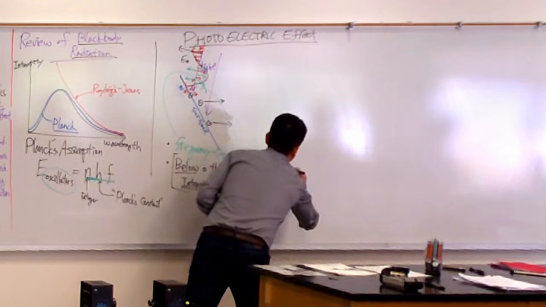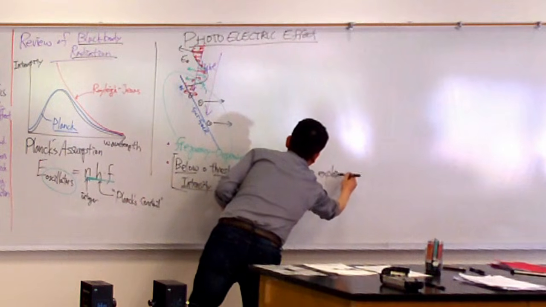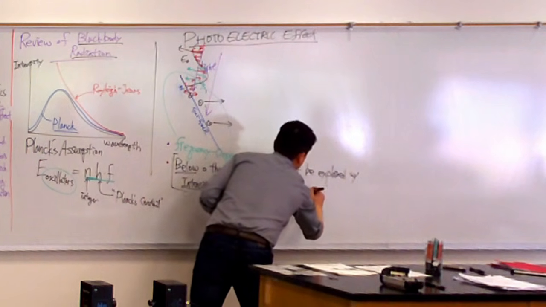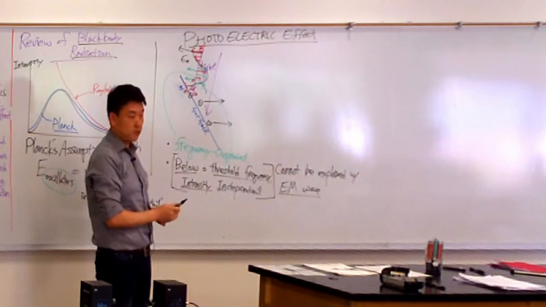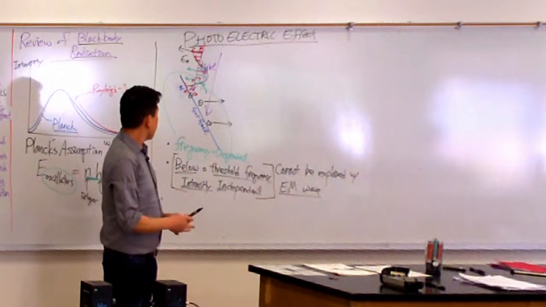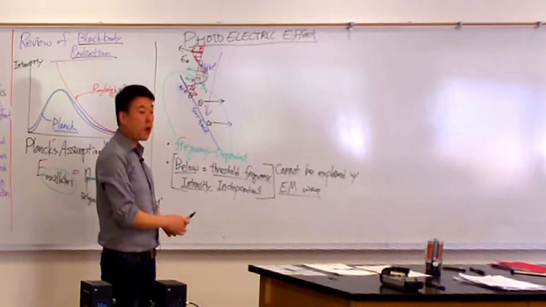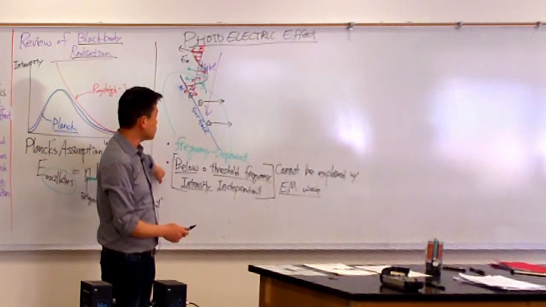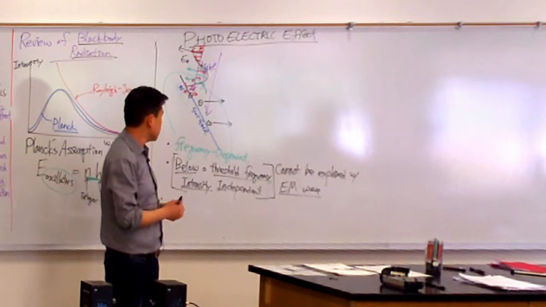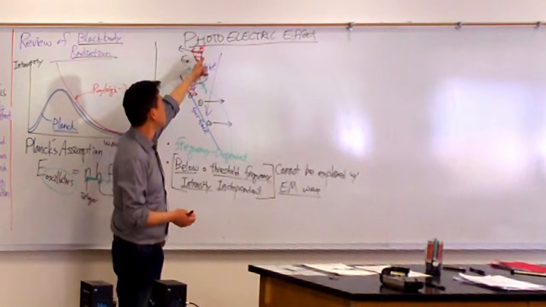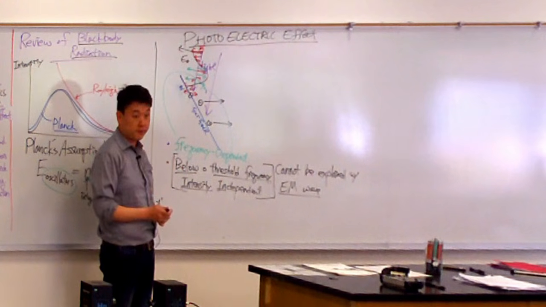So this cannot be explained by thinking of light as an electromagnetic wave, because if that's all the model of light you have, then it's a very puzzling thing that once you fall below a certain frequency, no matter how strong an electric field you apply, the photoelectric effect won't happen.